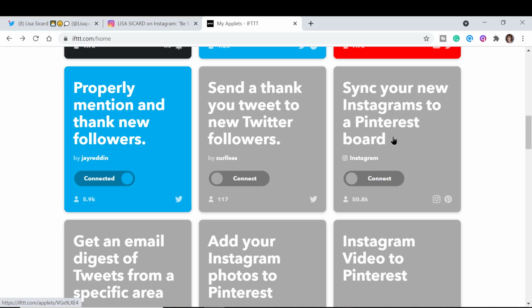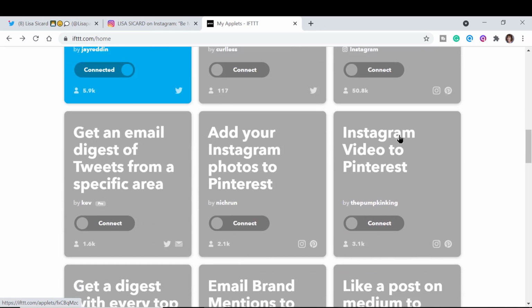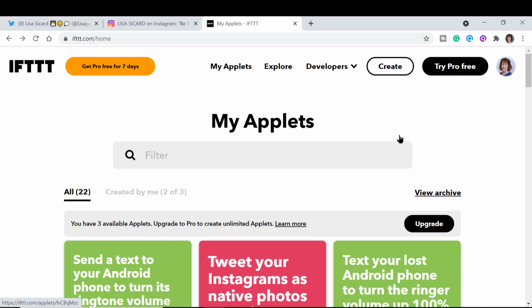And another one that I use that I love is thanking new followers. Sometimes I'll do a special tweet to some, but this is so I don't miss anyone. So there's a lot of different things you can do. You could sync Instagram to a Pinterest board as well. So lots of things with IFTTT, but I really wanted to show how to do that